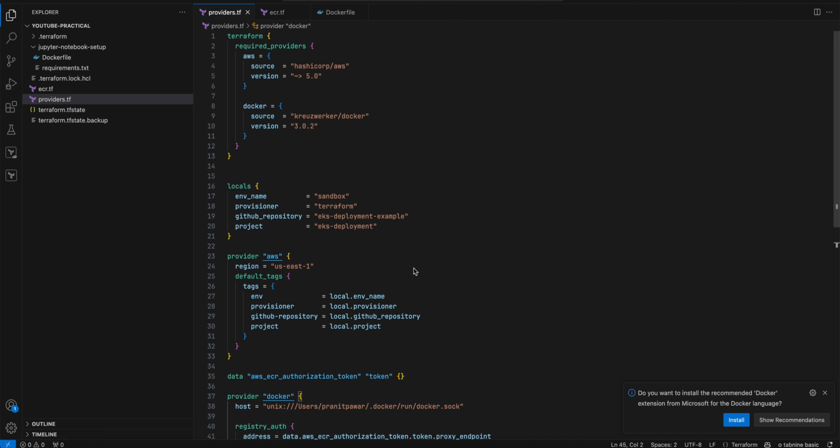So today I am going to show you how you can create the ECR image using Docker, using Terraform actually. So what we will do, we will create the ECR repository. Also we will build the Docker image using Terraform, and we will push the Docker image to the ECR